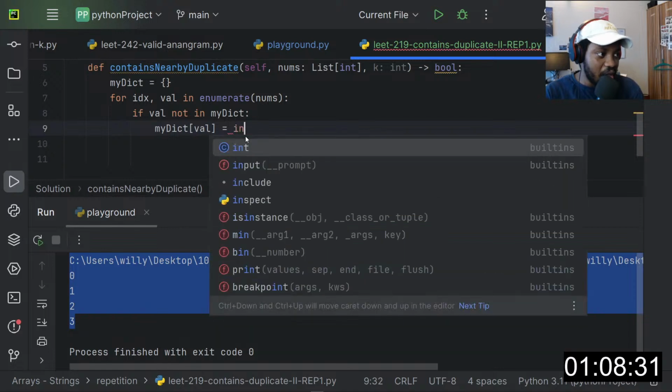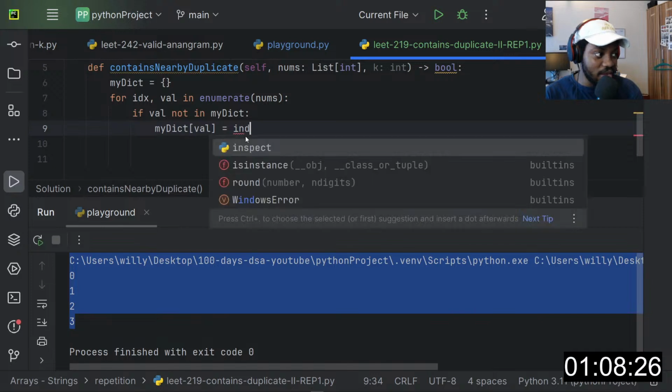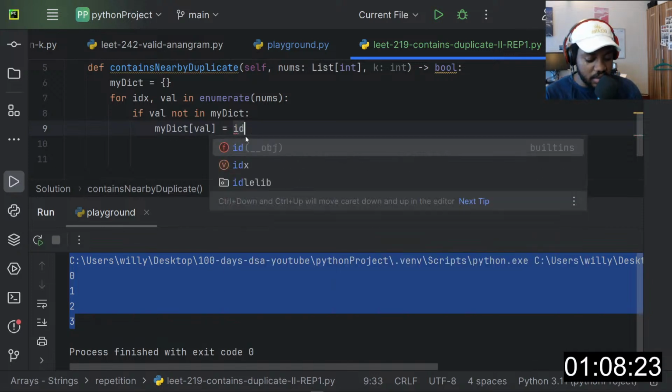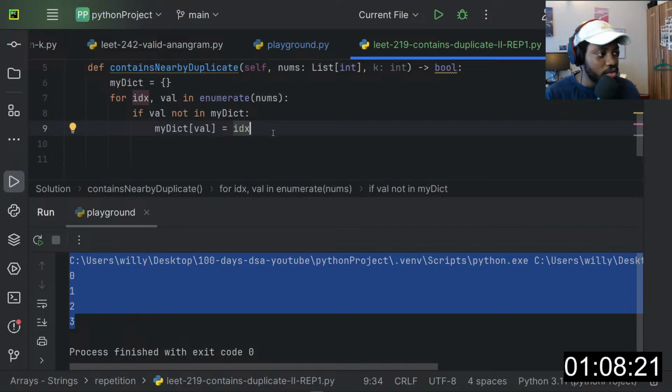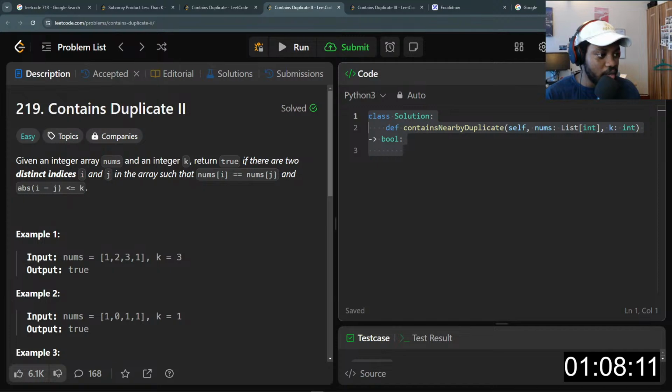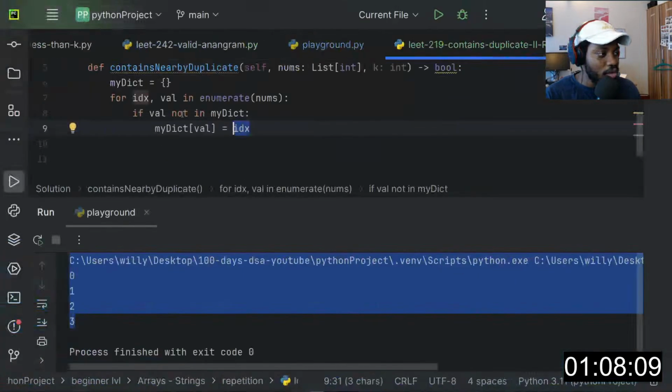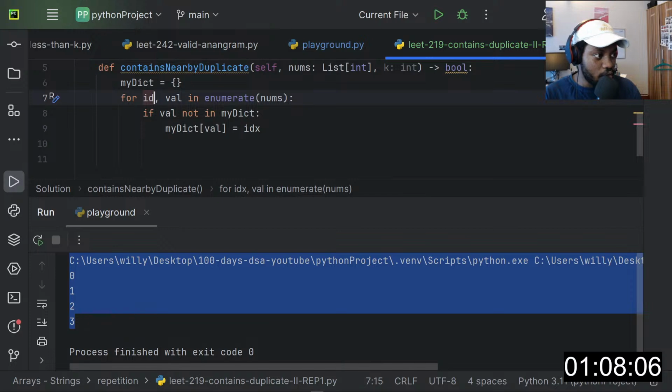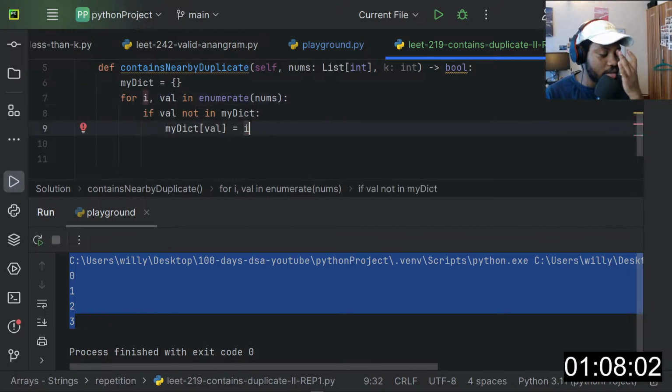This doesn't really matter, but we need the index, IDX for index, because we are going to use this to calculate the difference between I and J, I minus J. Instead of calling it IDX, I'll call it I, so the value is set to I.